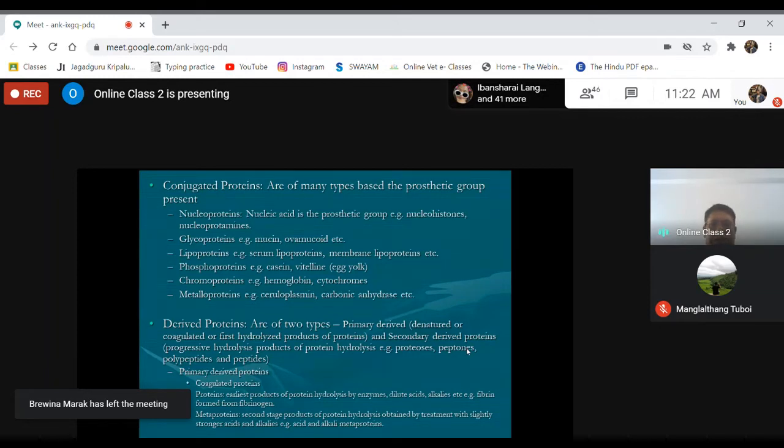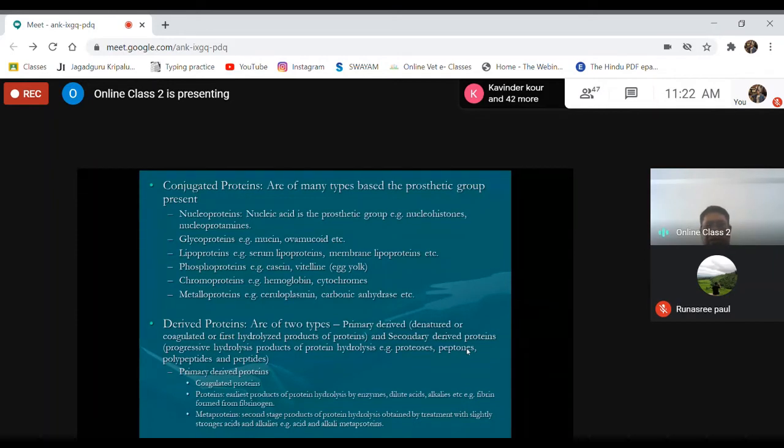One is the primary derived, and second one is the secondary derived. So the derived proteins are further divided into two: the primary derived proteins and the secondary derived proteins. These primary derived proteins are the denatured or coagulated or the first hydrolyzed products of the protein. When the protein is denatured, there is not much change, but it loses the native conformation. Same thing with coagulation, a semi-solid form that is formed due to the denaturation